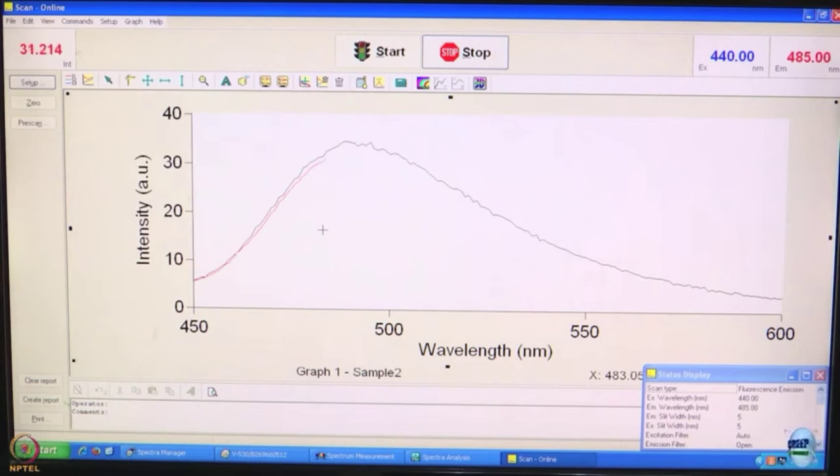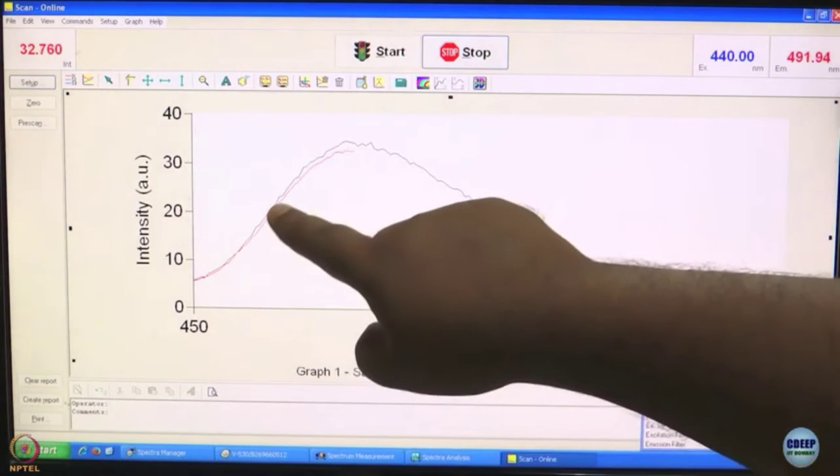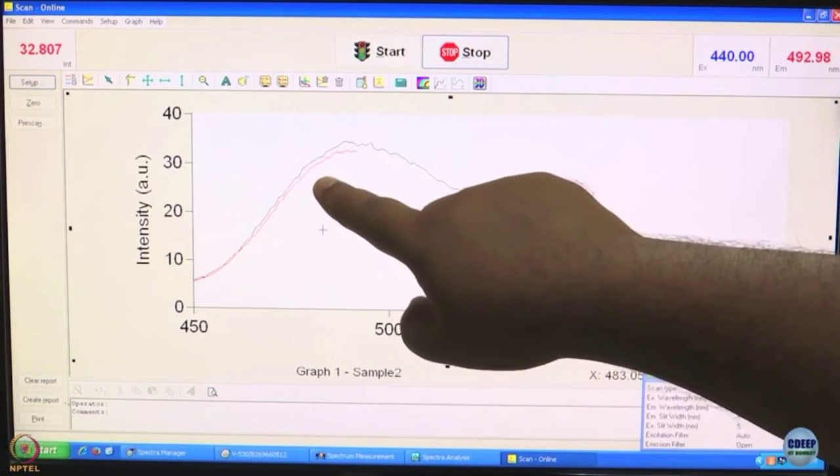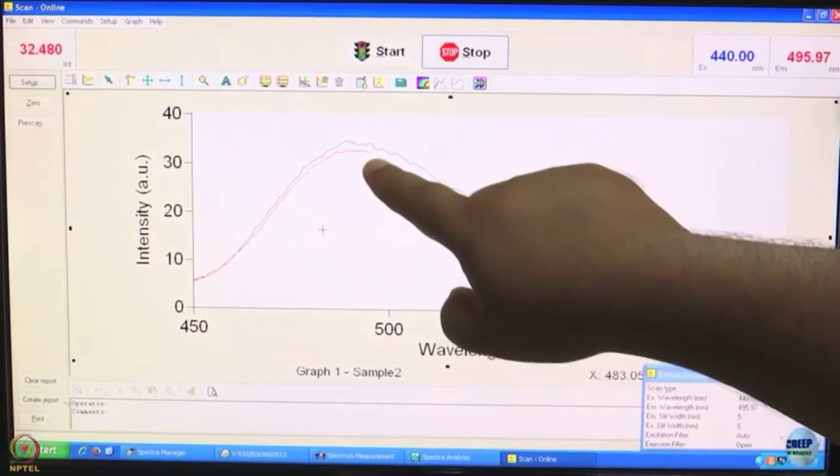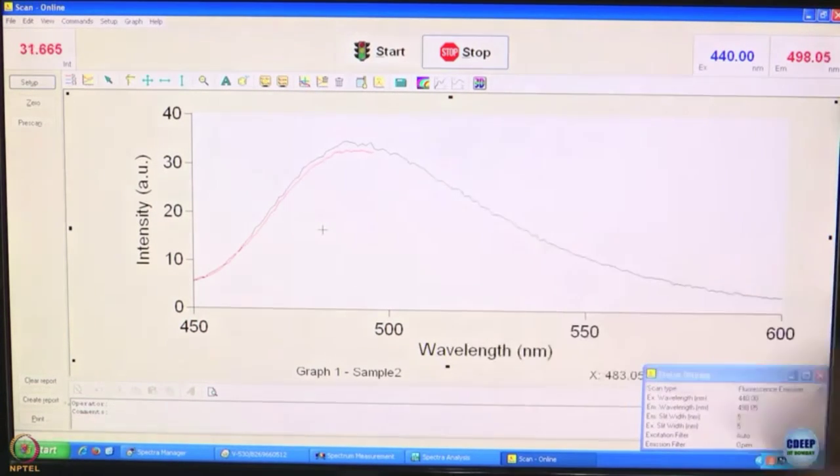This is why you have to do several experiments and take an average, because there are many things that affect the absolute intensity that you record. Now see, if you look at the rise, it is a little less jagged than it was for the initial spectrum, and even at the maximum position it is not really as noisy as it was.